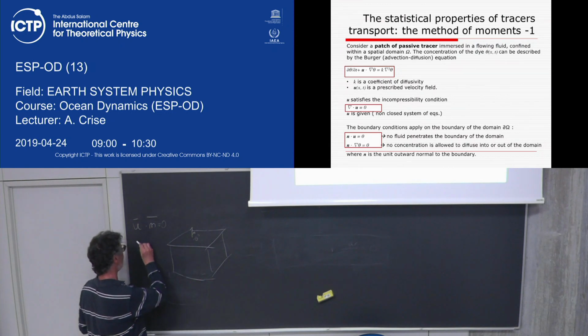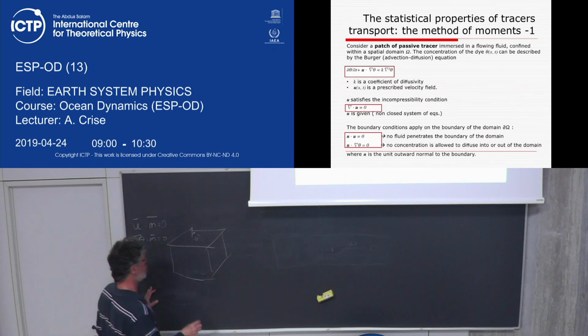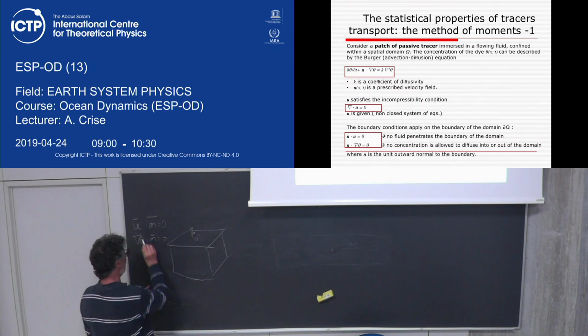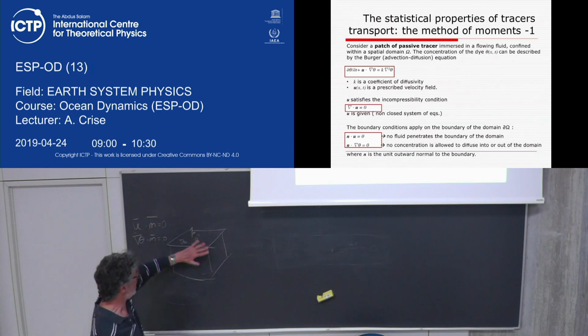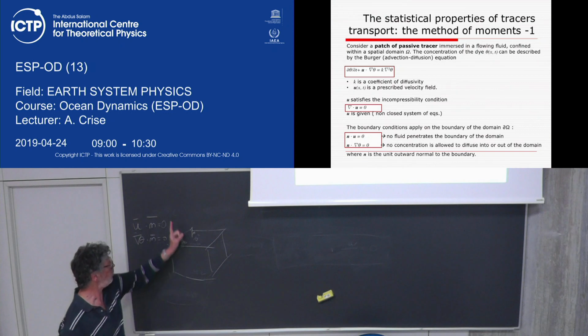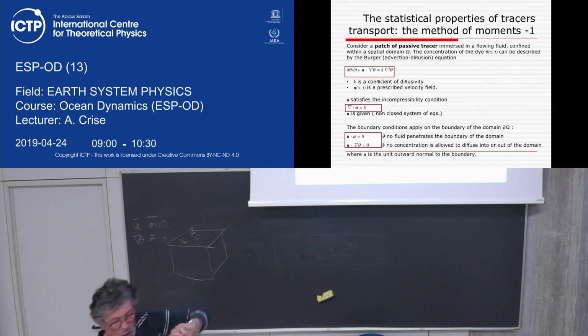And this is true also with regard to the gradient of our tracer. So this is a vector, no? Which could be anywhere on the surface, but with no component going outside. That means that we don't have fluxes. This is the so-called no flux condition. So everything stays inside. This is a simplified way to treat it, but you see this is quite important for our scope. So we have a closed